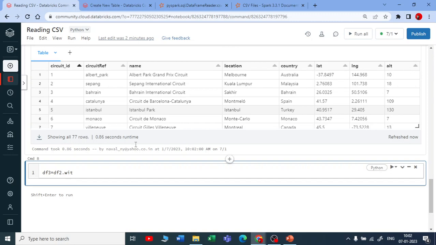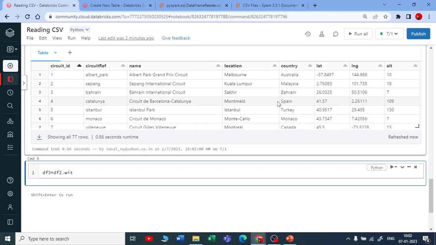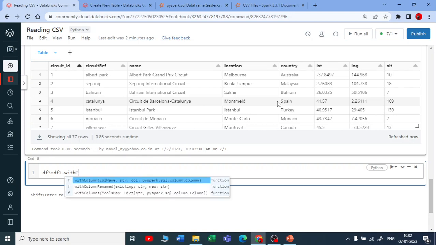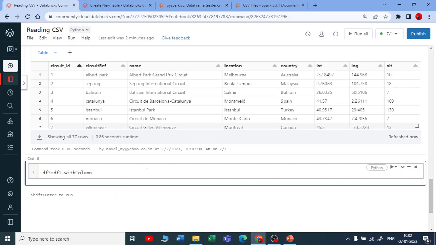Okay, when you want to merge these two columns into one, either you can use the select data frame function, or you can go with the withColumn function. When you are using withColumn, you can see here it will ask you the column name that should be in a string, and it will ask you the expression of what you want to put in that column. So let me take a withColumn, and I will say that, hey, this is nothing but location and country, because this column